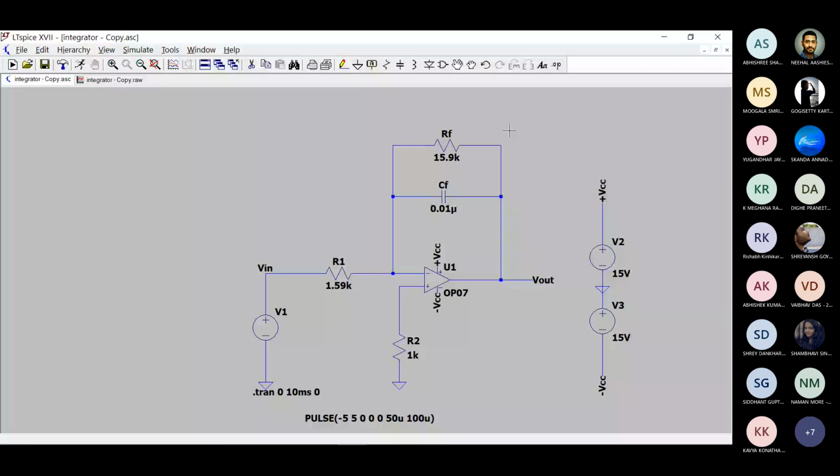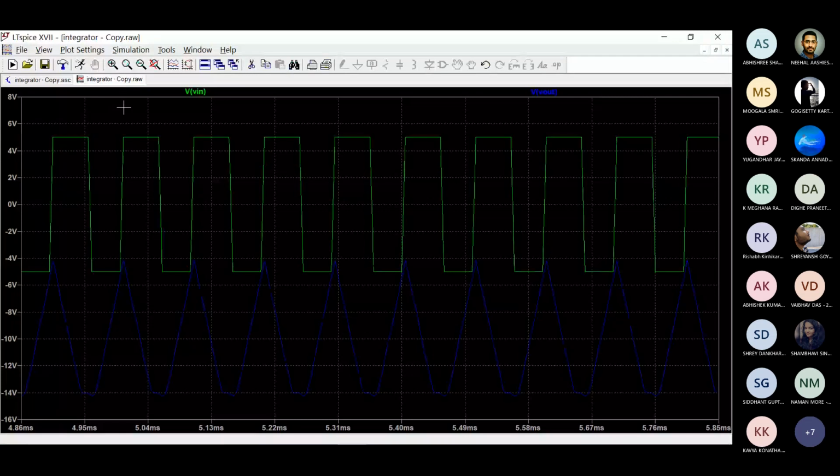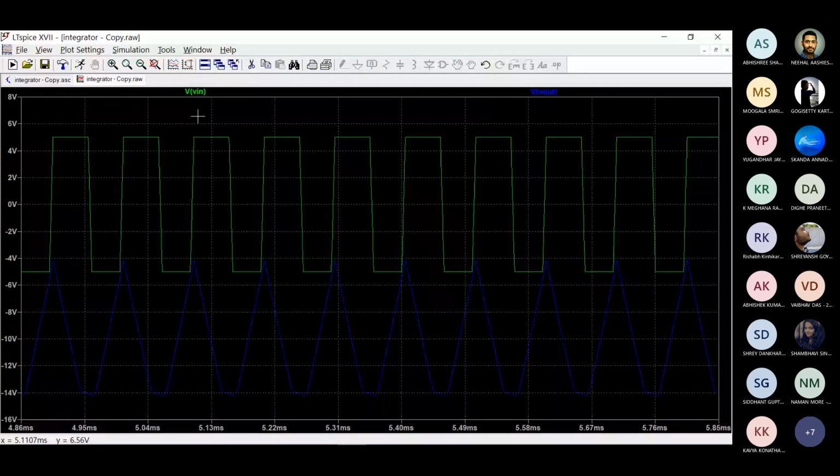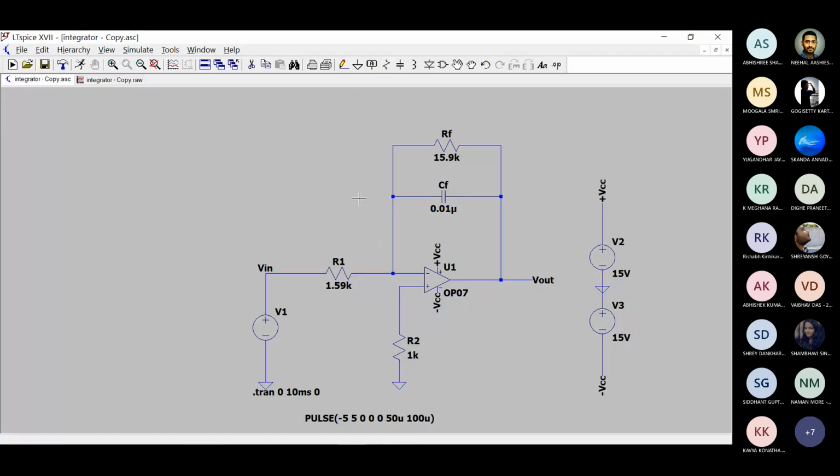And you can calculate the value of R1 similarly. So you can see a bit of distortion. That's because of the value of capacitor. You can just ignore it. If you use a better, more efficient one, you don't really get any distortion. It will be pretty clear. So that's all for integrator. If you guys have any question, you can let me know. I'll go ahead with differentiator.